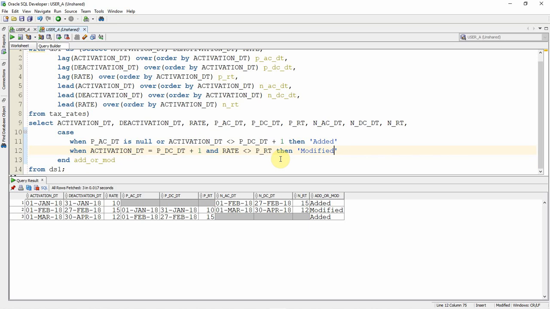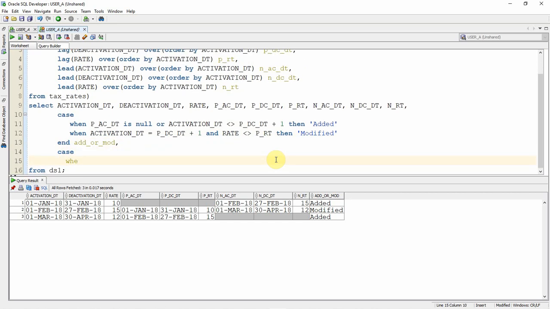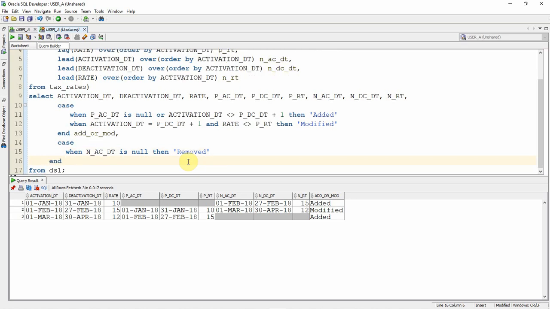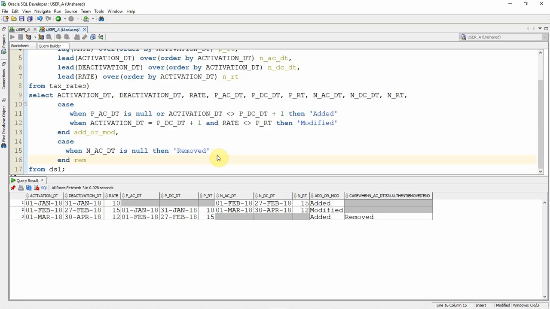Very similarly, let us implement the removal part also. Let me say case when the rate is considered as removed if there is no immediate next date. There are two cases. Either the next activation date is null, then removed, end. So this is one condition. Let me give alias like REM.